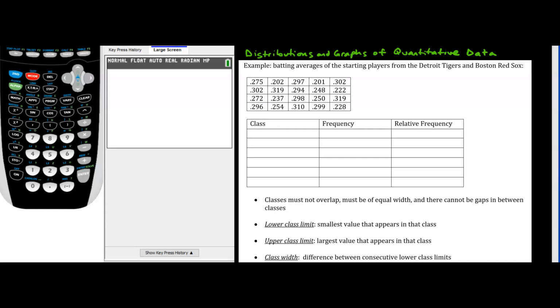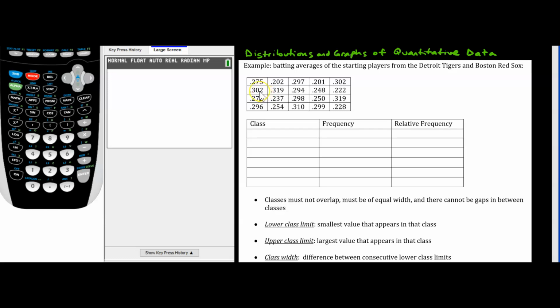So let's take a look at this example. We've got 20 batting averages of the starting players from the Detroit Tigers and the Boston Red Sox. Now, just a quick note about batting average. When you see an average of .275, that means that an individual batter is getting a hit 27.5% of the time that they're up to the plate. Or this individual hitter with a batting average of .302 is getting a hit 30.2% of the time that they're